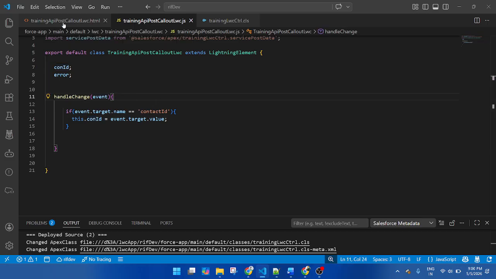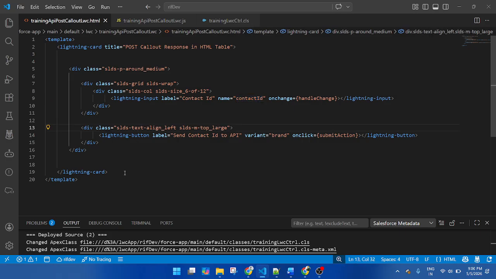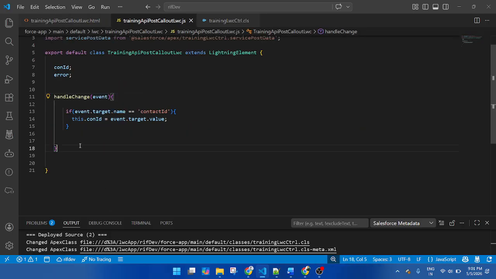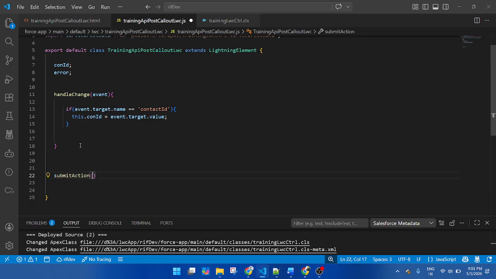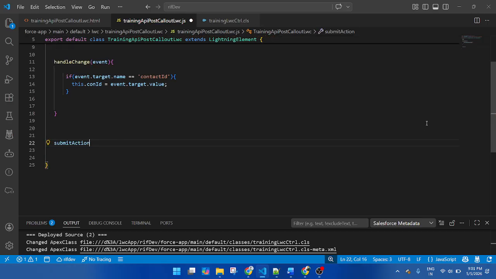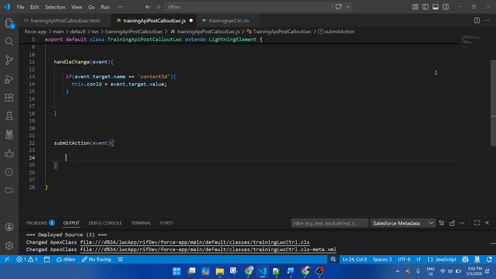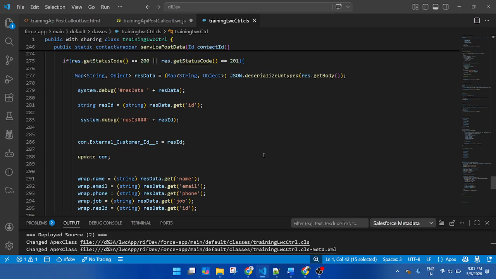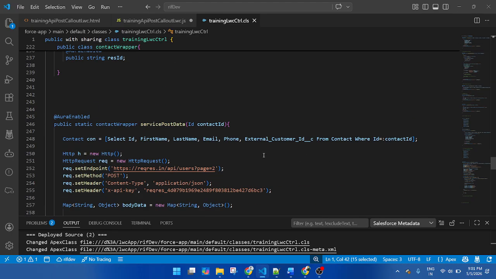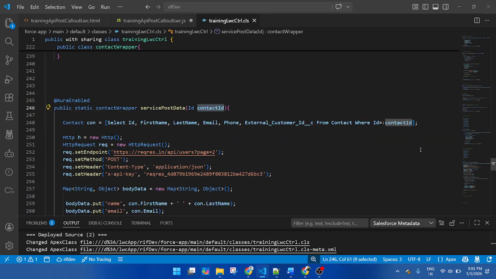So I store the value, then we click on the button. How do we pass the data once we click on the button? Now create an onClick function with the event. Here you can see the method has one parameter, the contact ID.